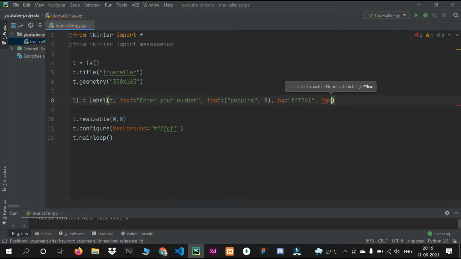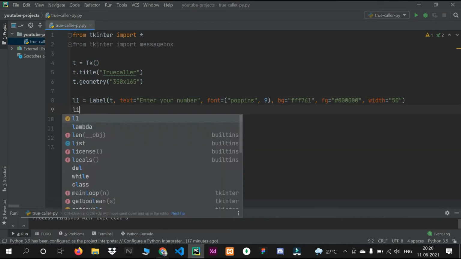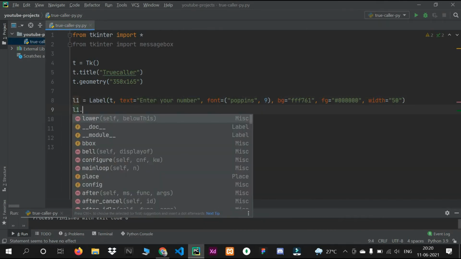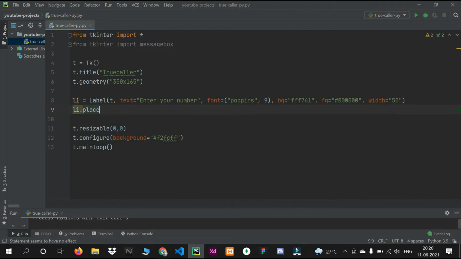For fg, I will take 000000, and then let's give one width to our label, let's say 50, and L1 dot place, so x will be 0 and y, let's say 13.